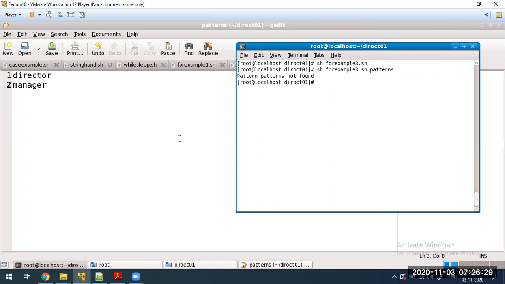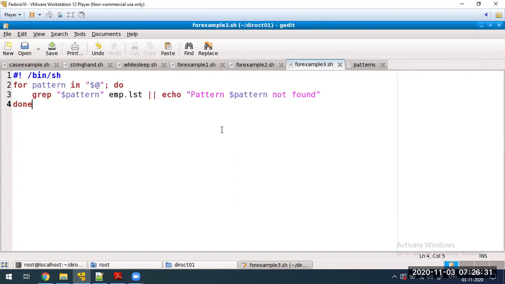See, it has given me the error: patrons not found. It is not able to execute this one. Since it is not able to, it has entered the for loop, and this condition fails.